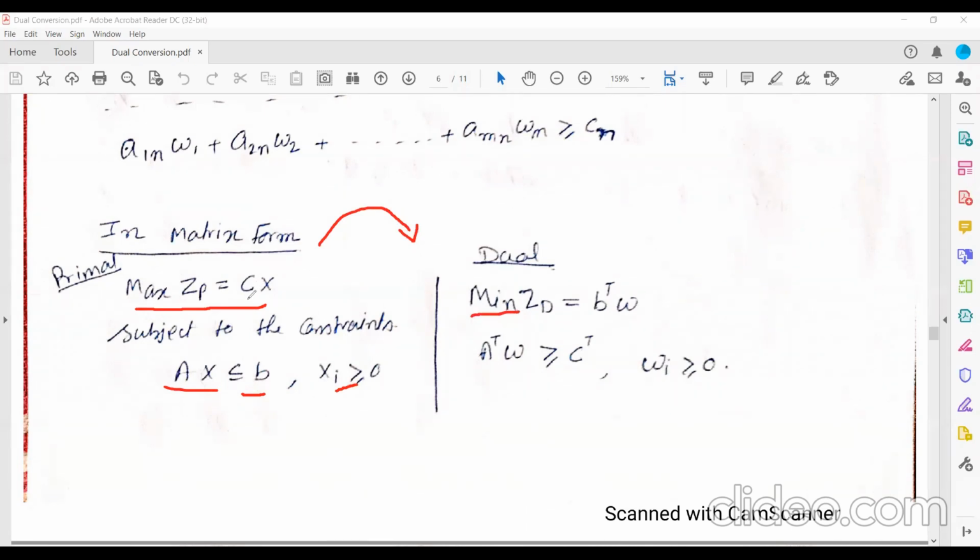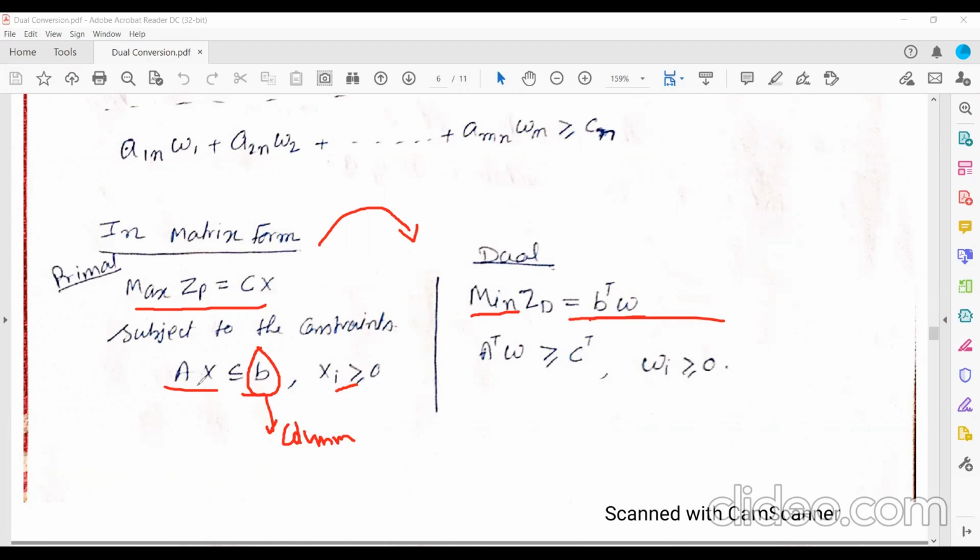Now see here. So what are you taking while writing the dual? You are taking the transpose of this one. Is it not? Earlier, this is in the column. This b is a column vector or column matrix. And you are writing it in row form. So if you take the transpose of a column matrix, that will change to a row matrix. Is it not? So that's why the transpose of b into W. So this is your objective function of the dual LPP.